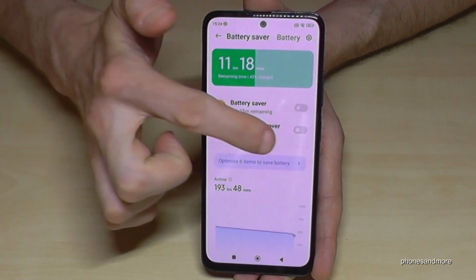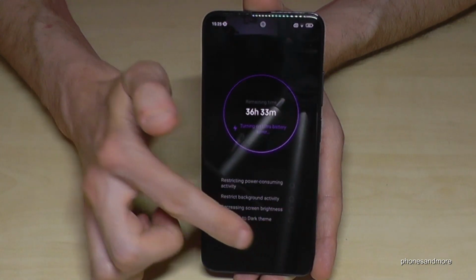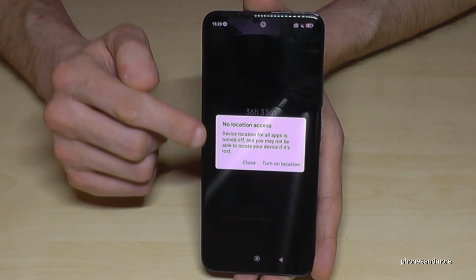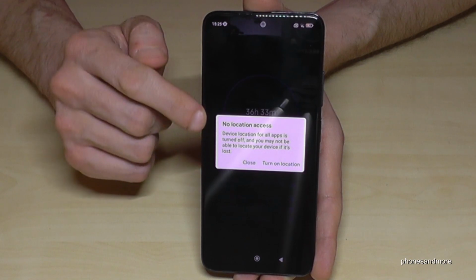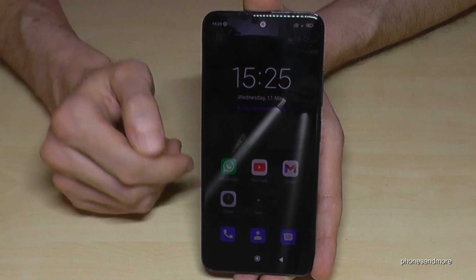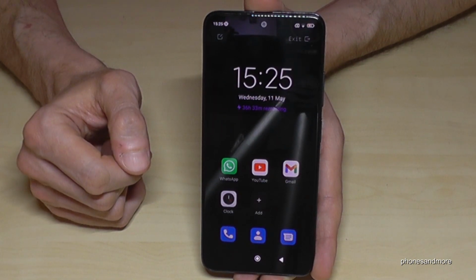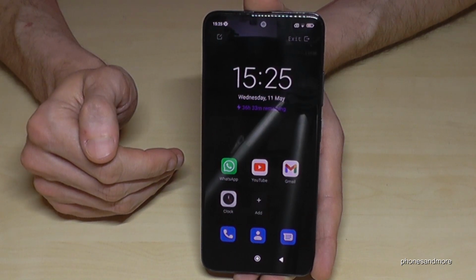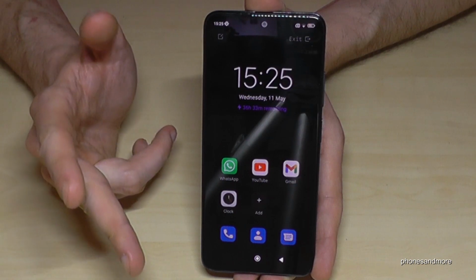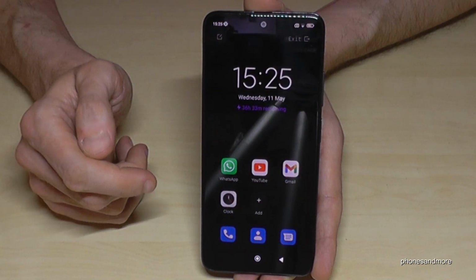So just enable this ultra battery power saving mode right now, because you can edit some stuff there. You can also choose if you want to have GPS navigation or location or not. A lot of stuff is turned off here, and also the CPU speed is reduced, the brightness of the screen is reduced, and so on, and that gives you, as I said, more than 3 times more energy. Okay,